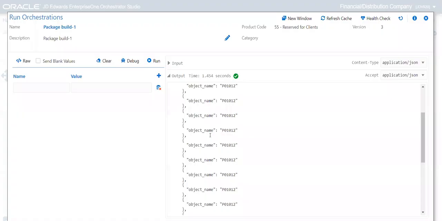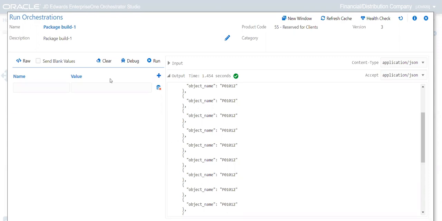That is, in the output of the package build, it shows the object name as P01012. So based on this output, Accra would create an execution with the test scripts that is relevant to P01012 object and trigger the execution automatically.